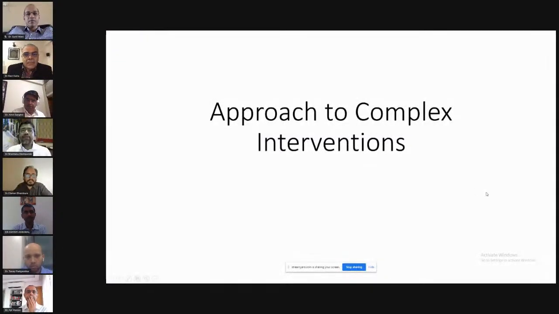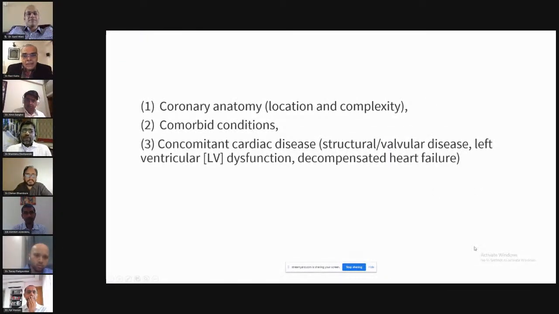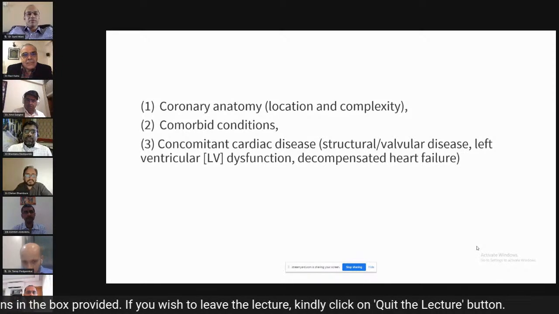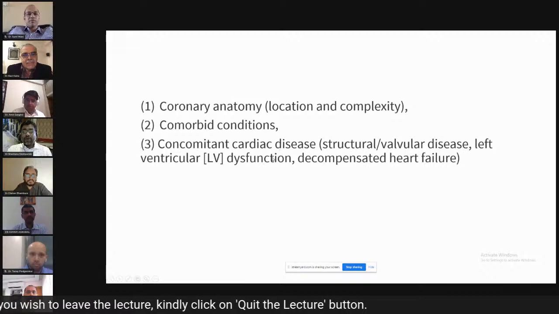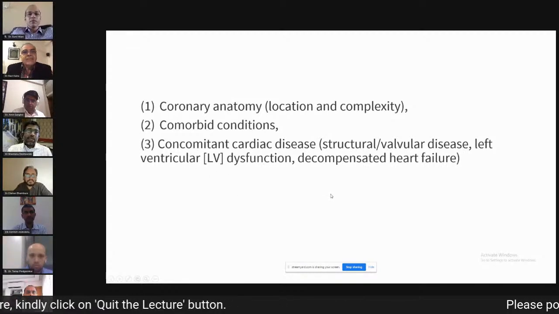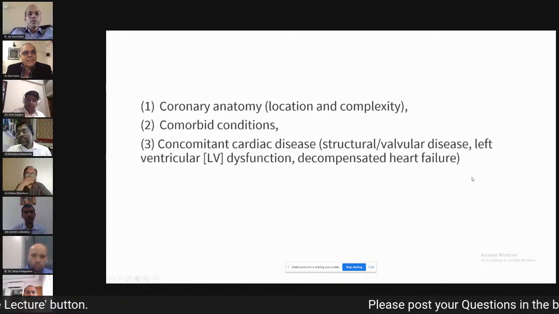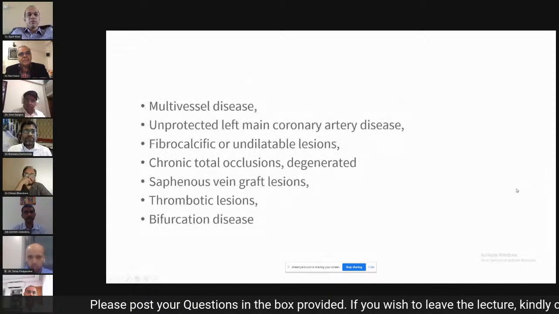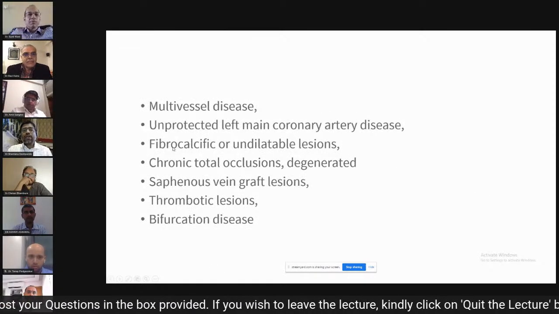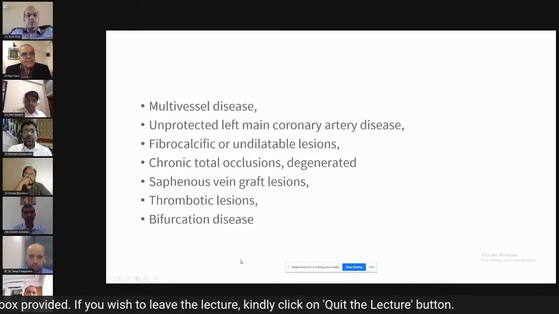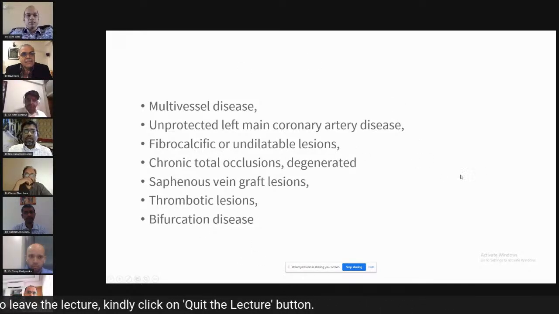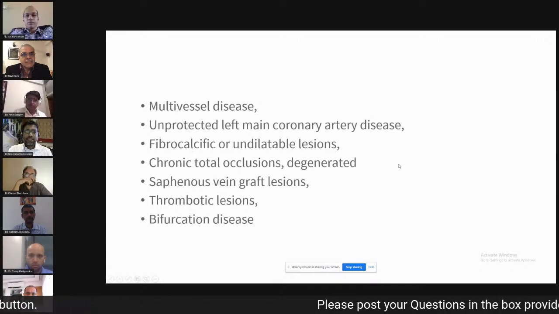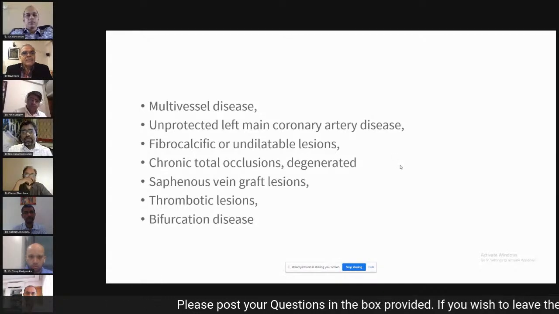Approach to complex interventions. What is a complex intervention? It can be because of complex coronary anatomy, location, and complexity of the lesion. Maybe because of comorbid conditions. It may be because of concomitant cardiac diseases like structural valvular diseases, associated LV dysfunction or decompensated heart failure. These are the spectrum of coronary anatomy we encounter as a complex case: multivessel disease, unprotected left main coronary artery disease, fibrocalcific and undilatable lesions, chronic total occlusions, degenerated saphenous venous grafts, thrombotic lesions, bifurcation